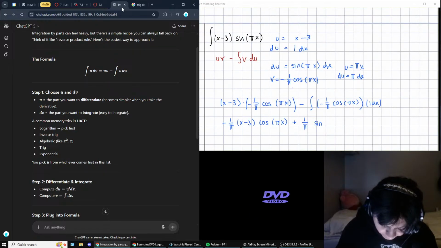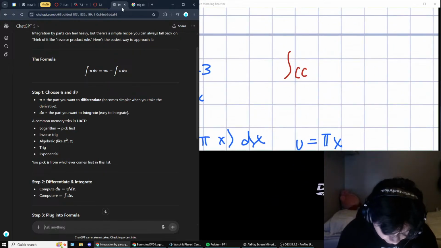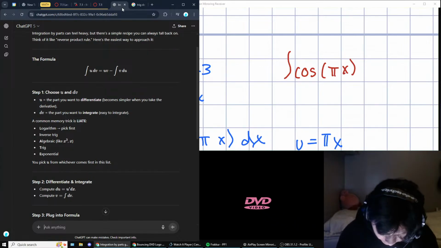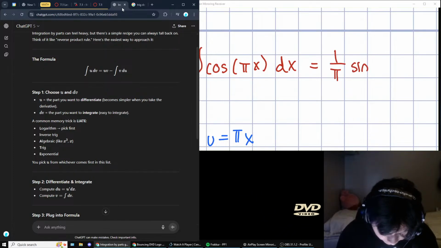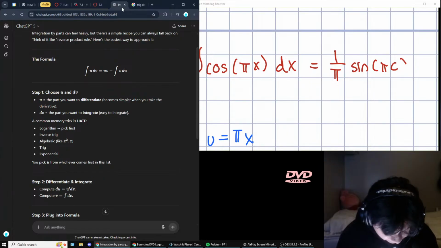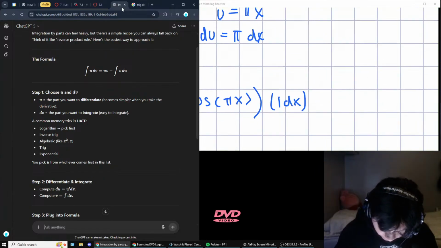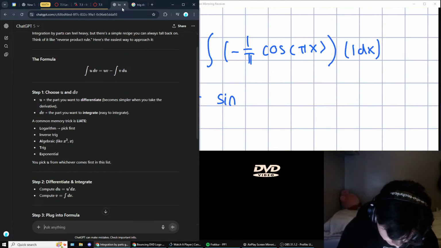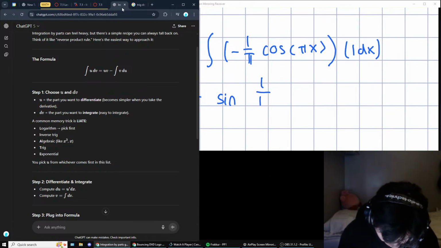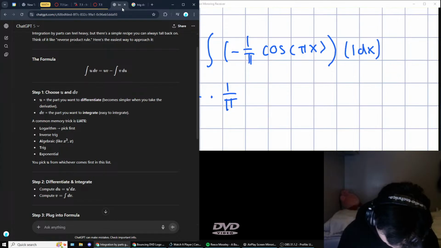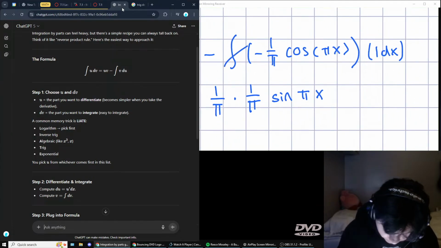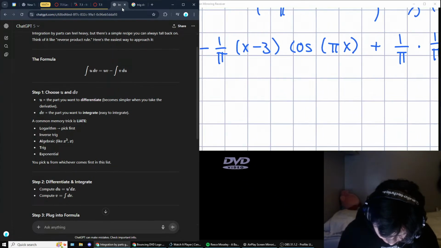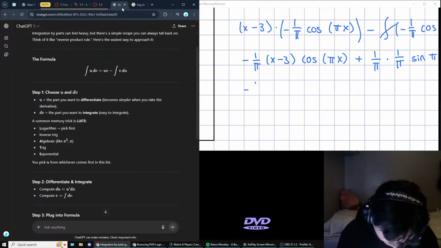Okay, another rule that I have to memorize. Integral of cosine of pi x dx is equal to 1 over pi sine. So then we know this is 1 over pi times 1 over pi sine of pi x. And then this goes away. So we now have our final answer being